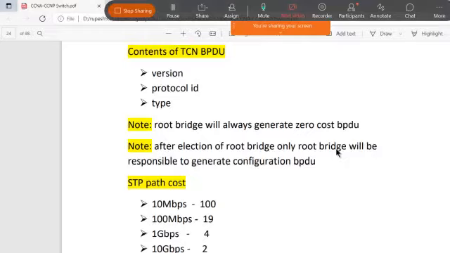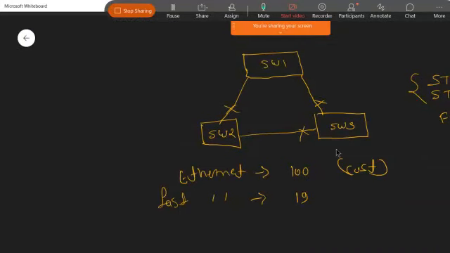For 1 Gbps, gigabit Ethernet, the cost would be 4, for 10 gigabit the cost would be 2, and for 100 gigabit the cost would be 1. So this is the cost that we have.